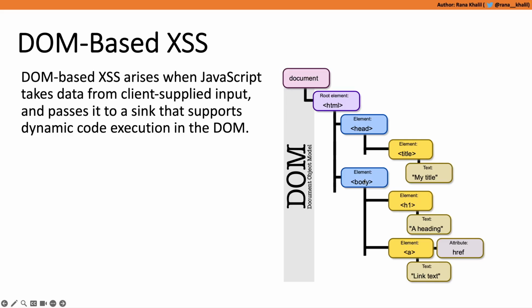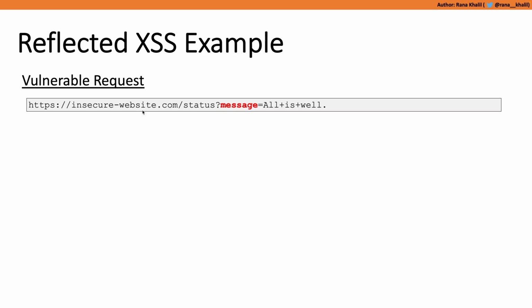Now, DOM-based XSS vulnerabilities, as the name suggests, occur when the JavaScript is taking in client-supplied input and passing it to what we call a sink, or a potentially dangerous function, without any validation. To better understand how this works, let's go back to reflected cross-site scripting vulnerabilities and then compare them to DOM-based